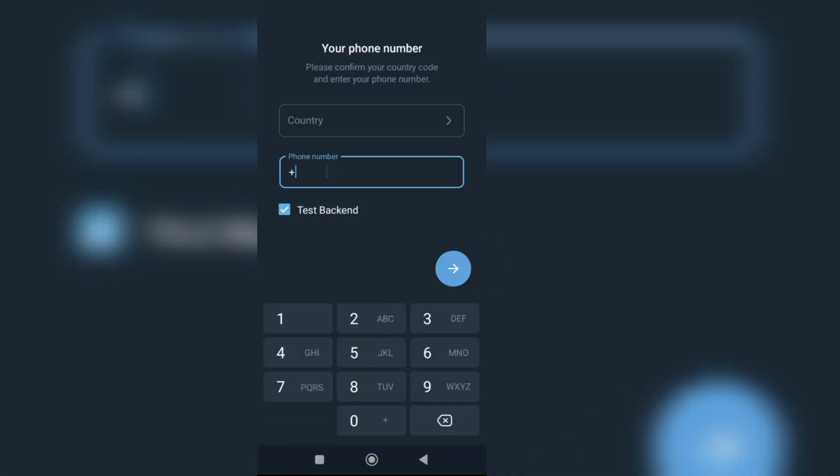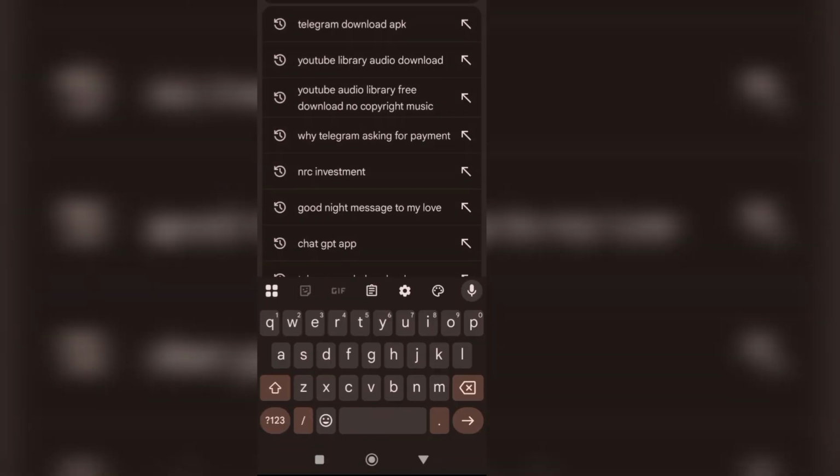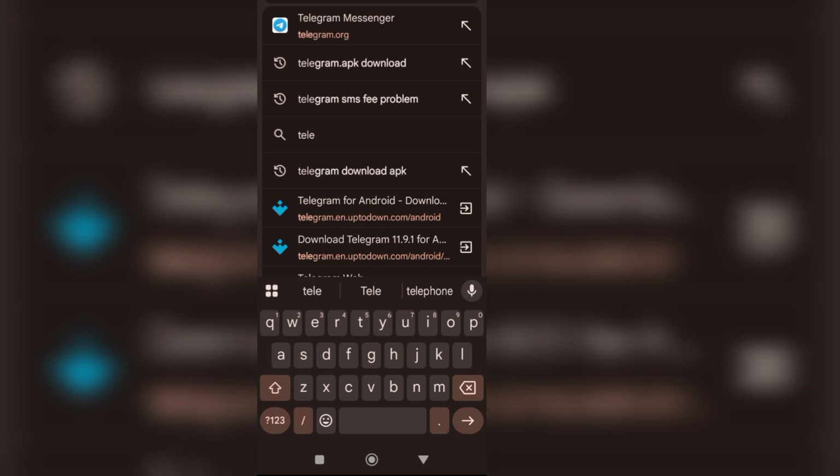And if this doesn't work for you, don't panic. There's still a safer method I'm about to share with you right away, which won't take you more than 3 to 4 minutes for you to get it done. So uninstall your Telegram mobile application from your phone, click on any web browser of your choice and click on the search bar. On the search bar, you are going to type in telegram.org